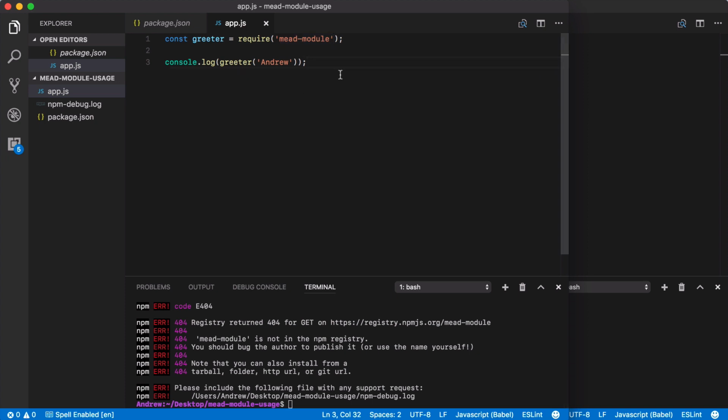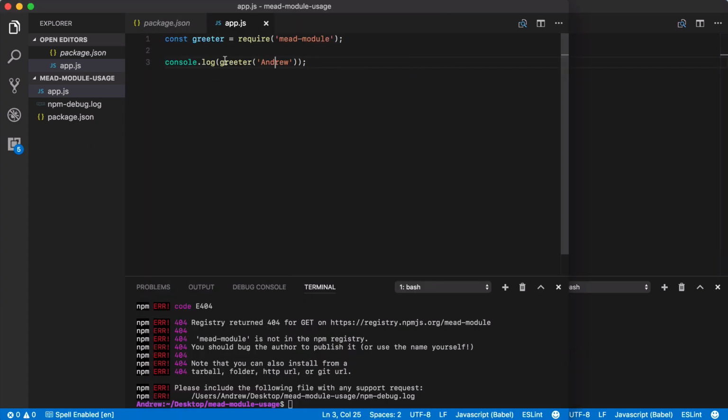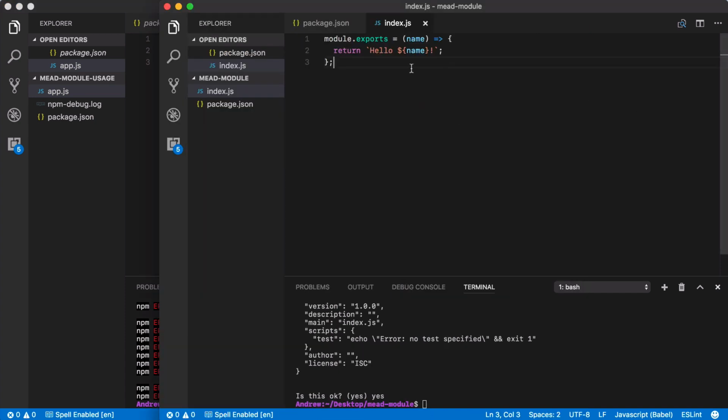Now, this is a problem because at this stage, we might not be ready to actually publish this module live. So what we really want to do is just come up with a way where we can play around with it, test it, and ensure that it's working as expected. And npm does give us a way to do this using the npm link commands. Link is going to allow us to require this module based off of the code in this one. And that's going to be super useful as you're building out your module. So npm link is commonly used for development only. Once you do publish your module, you're no longer going to need to use this link shortcut